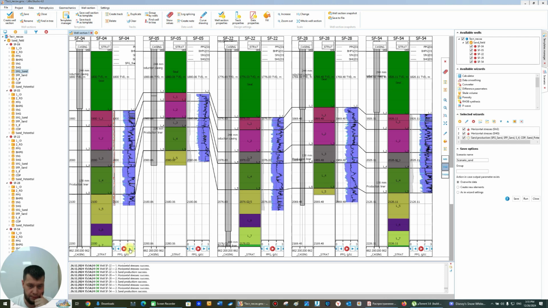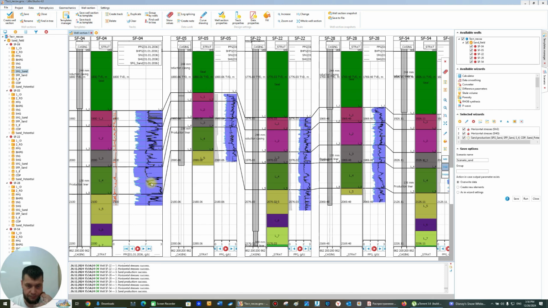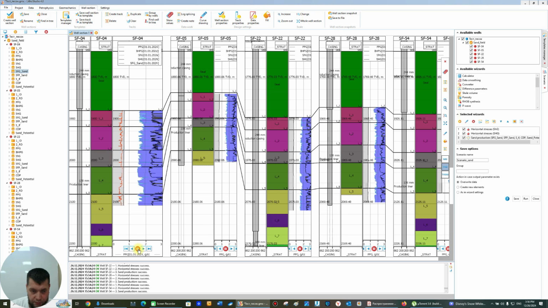After this, let's make visualization of space between SVG sand and